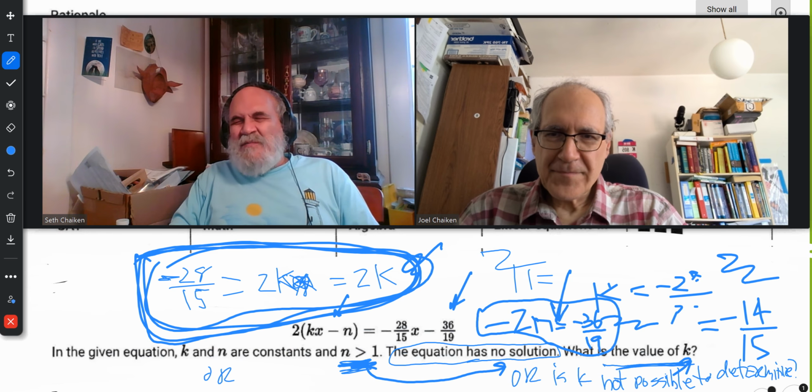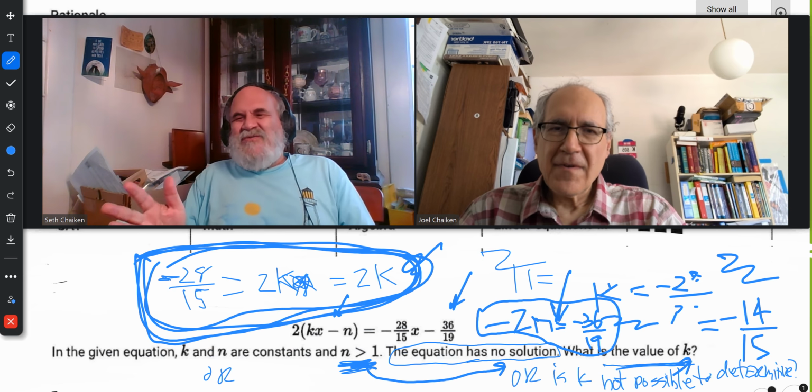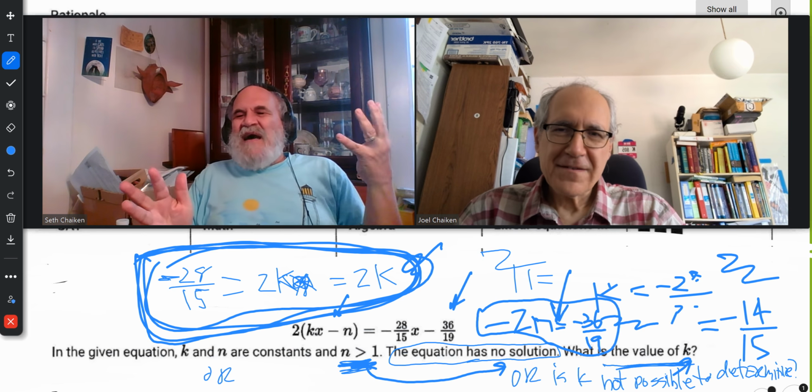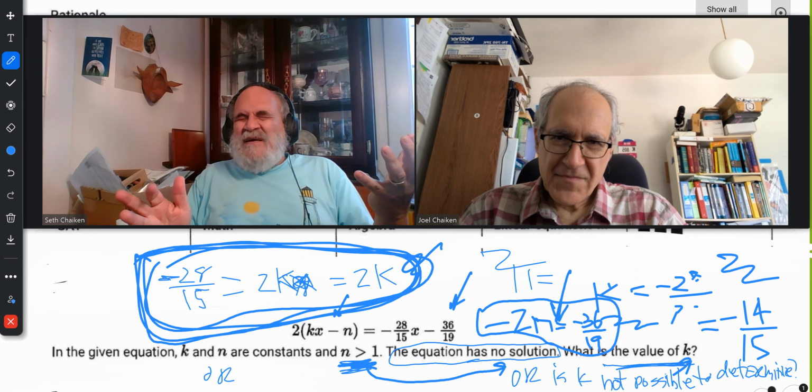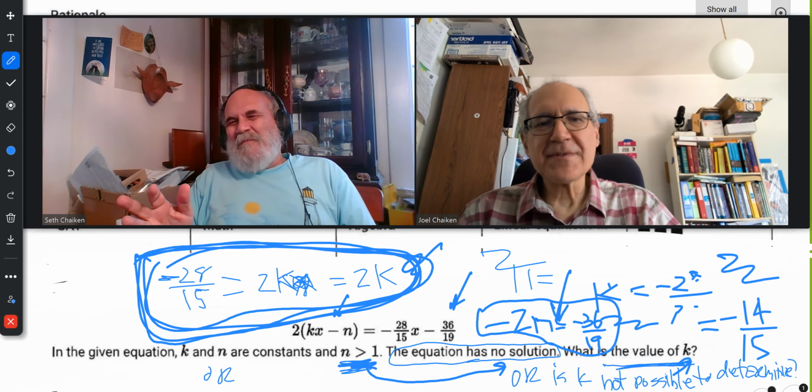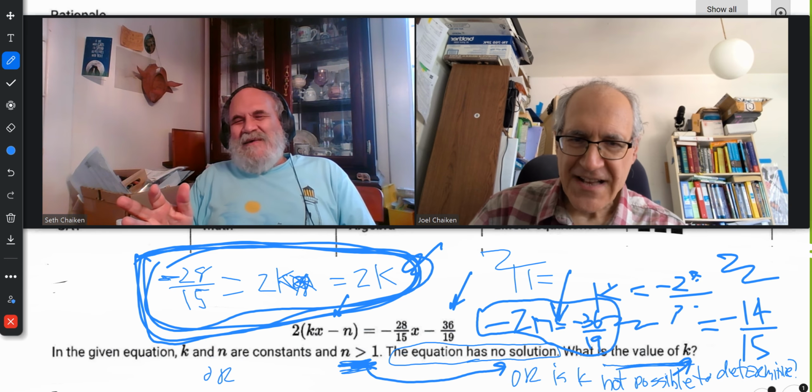So basically, if the second statement were true, it is not true, the hypothesis. Because if the second statement were true, it would have a solution. It has infinitely many solutions. And having infinitely many solutions is logically different from having no solution. So in other words, the equation has no solution, and n is greater than 1,